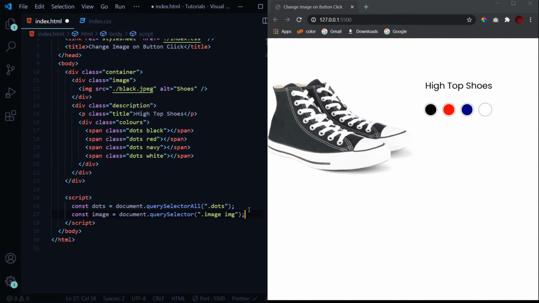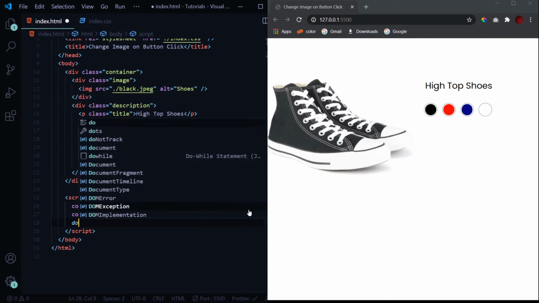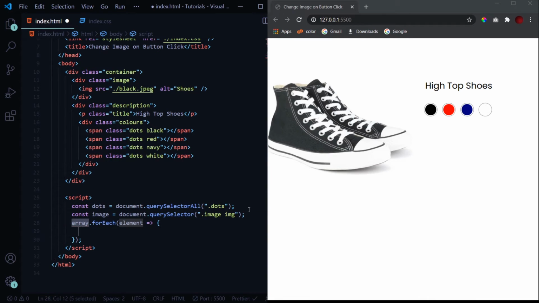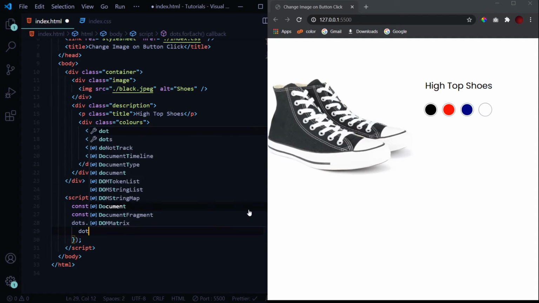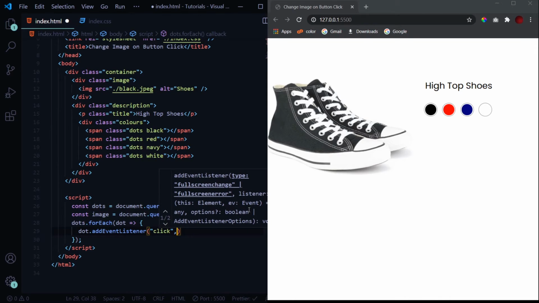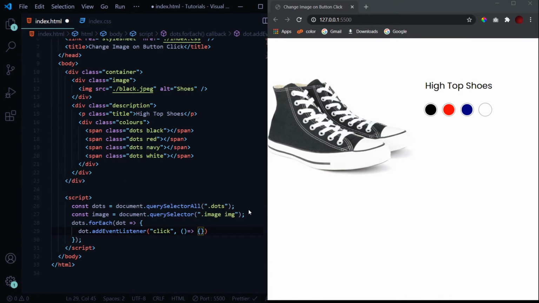And now what we need to do is for each and every dot, whenever it is clicked on, we need to run a function. So first of all, we need to run a forEach loop for every dot, which we will consider as dot. And on the clicking event of any of these dots, we will run a function. Okay, so inside it, the first thing which we want is to select the value, that means the color of these dots.